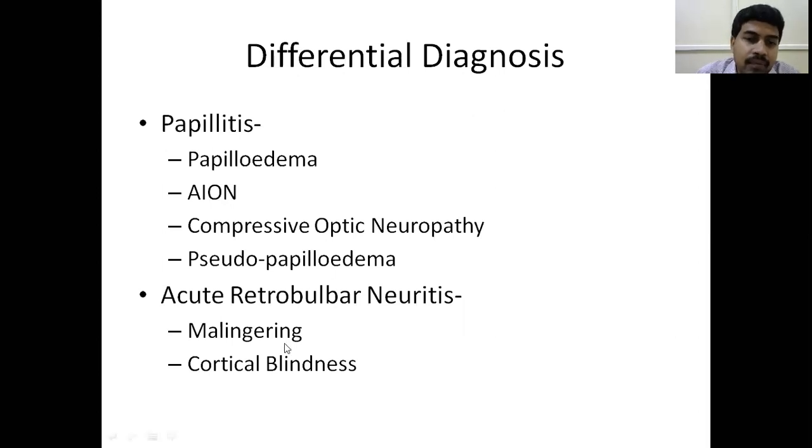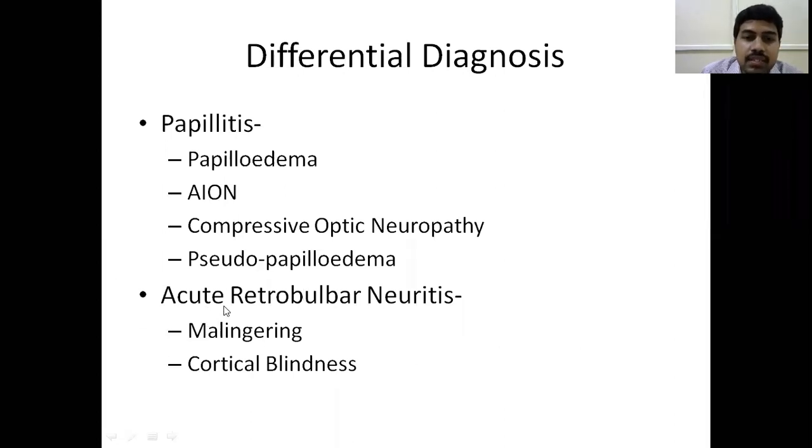Whereas in a malingerer, it is not like that. He initially refuses to go to a hospital, because he knows if he goes to a hospital, the doctor will say that he's completely normal, he has to go for his exam. So a malingerer usually refuses to go for an examination, whereas a hysteric patient always obliges to go for an examination. A malingerer has got some secondary gain, whereas a hysteric patient doesn't have any gain. Malingering is more common in males and hysteria is more common in females.